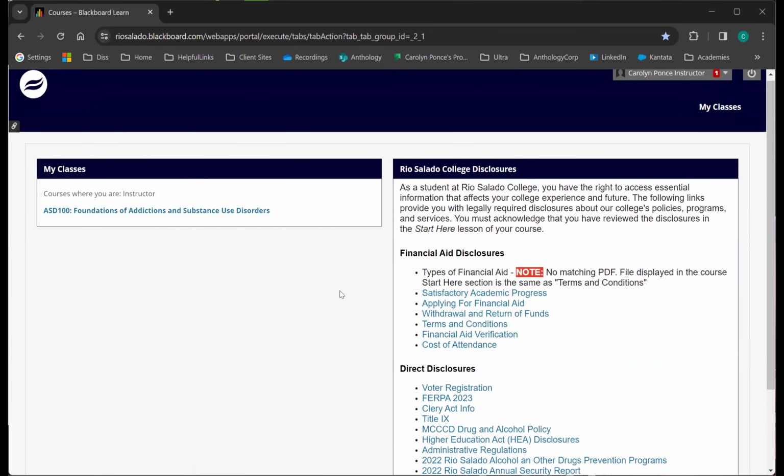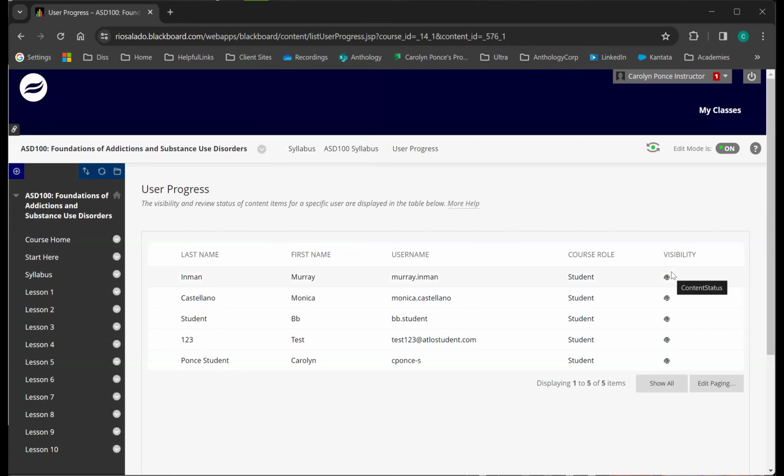This will be the main thing that your faculty will want to use, and that is the user progress. So the user progress shows all the students in your course and whether or not that item is visible to the student. I've been working with Kali about some topics around adaptive release and release conditions on some of the content that she may be working on within some of the classes.